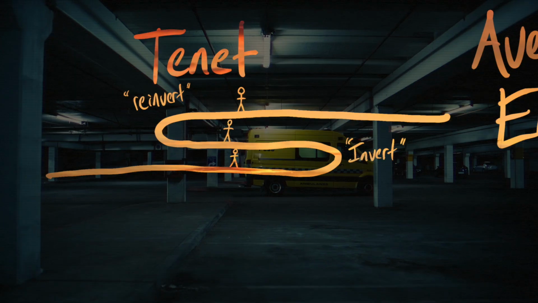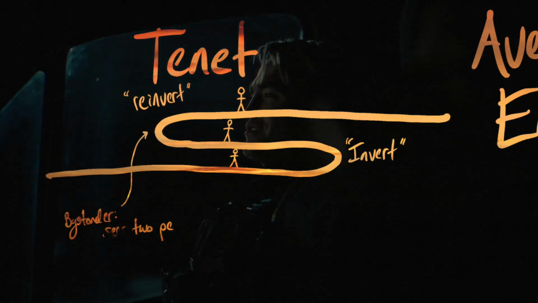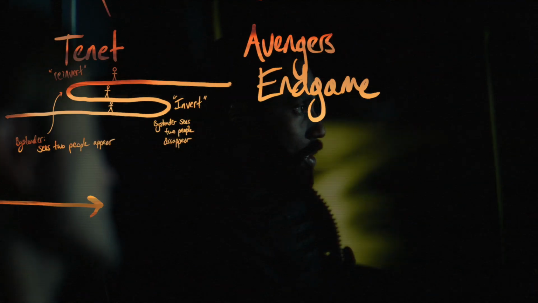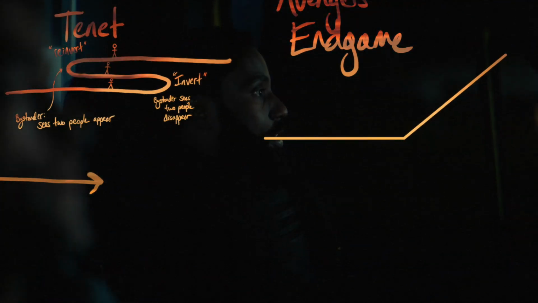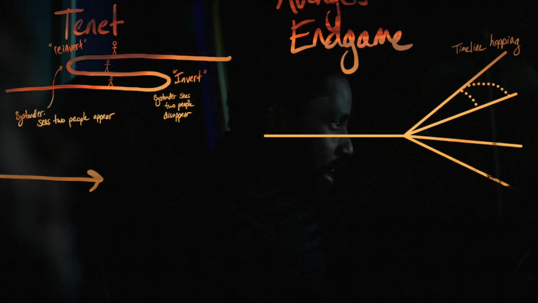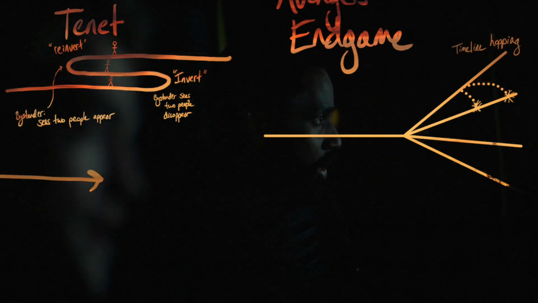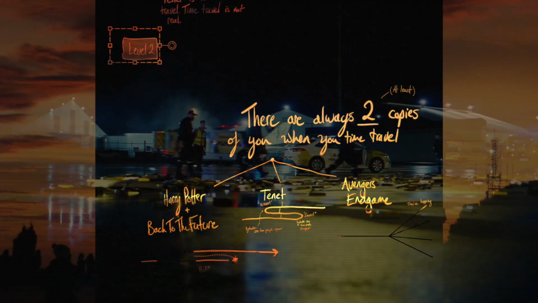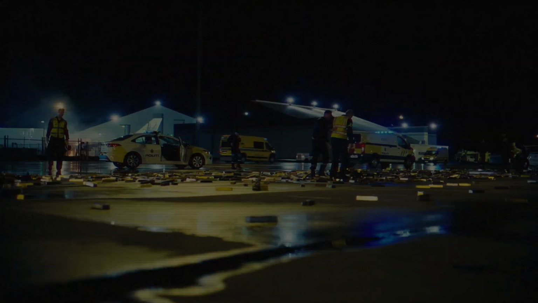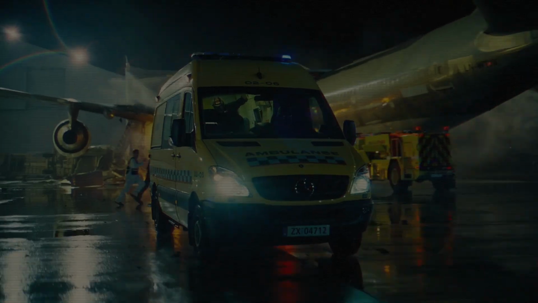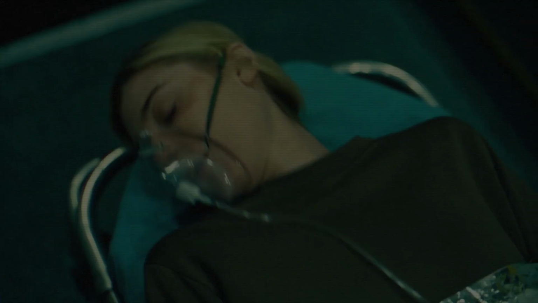And as we will get to in level 7, when we start talking about the relationship between consciousness and the multiverse, in Avengers Endgame, there's actually multiple copies of people because you're going to another universe and finding another copy of Thanos or another copy of Gamora. That is actually really, really close to being 100% accurate physics. In fact, it's about an area of physics that is not yet fully discovered or discerned. So we'll get there.